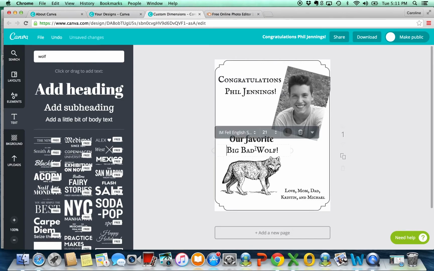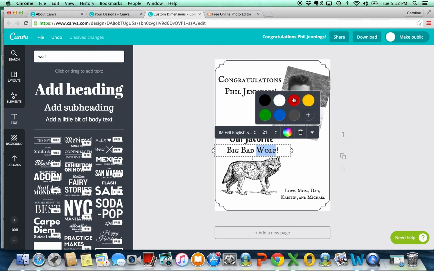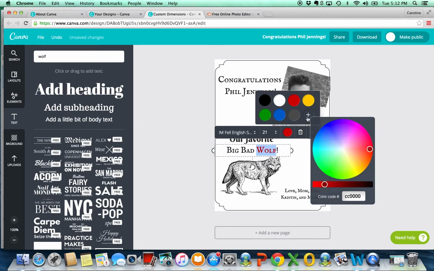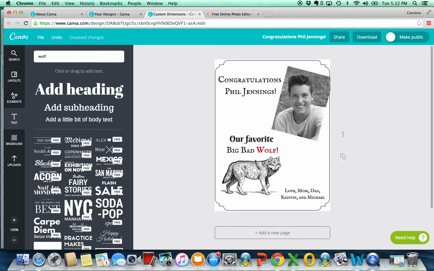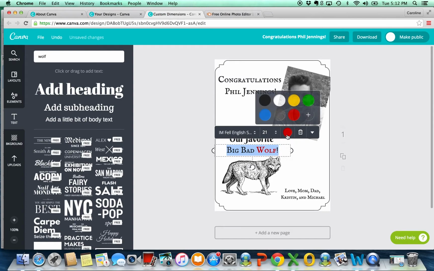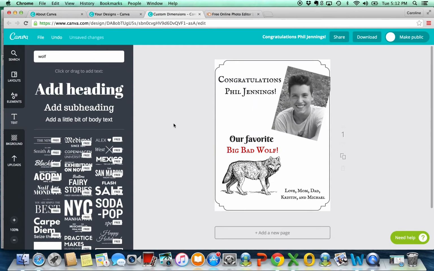Let's say we wanted the color, our pop of color here, to be this wolf. Well, I could do that. I could make it red or pick a different color. Like it could be anything here. Like maybe it's a bright red, and then you could make it closer to brown, make it really, really pure color. Lots of things you can do. But for now, maybe I'll make that be my pop of color, or maybe I'm going to make that whole sentence be red. Which actually doesn't look bad, but